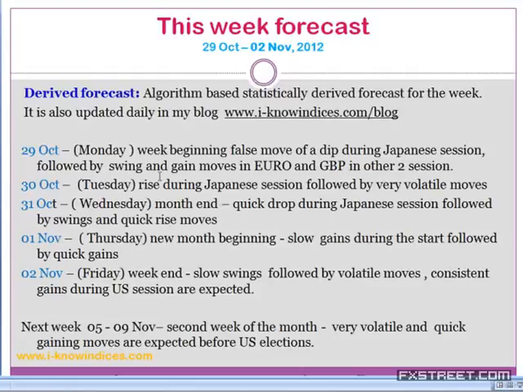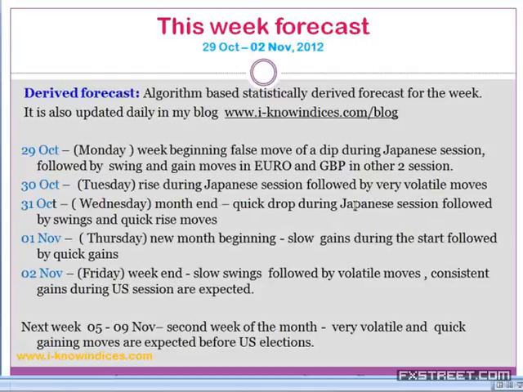Then 30th, tomorrow, a quick rise could be seen during the Japanese session, followed by very volatile moves, and they will try to create uncertainty tomorrow. And nowadays, midweek, they used to do the either way stop moves, but nowadays they are doing on Tuesdays the either way stop ends. They will try to hit the stops above the high and try to hit the stops below the low alternatively. Then 31st, it is a month end time, so they are expected to make a quick